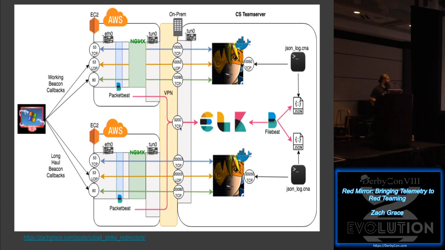So in this case, in the diagram, we see where we've got Packetbeat. Packetbeat sits on these redirectors. They're the ones that are going to accept that C2 traffic for us. Packetbeat's going to capture that data and forward it back to our ELK stack. So we're going to get all the visibility here of whatever is coming into the box, we know about it. And on the backside here, we've got